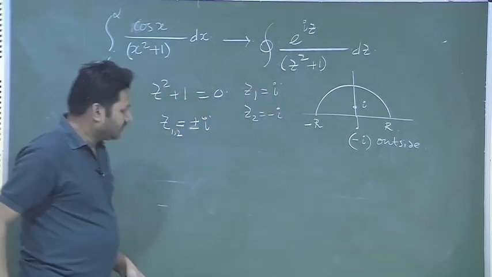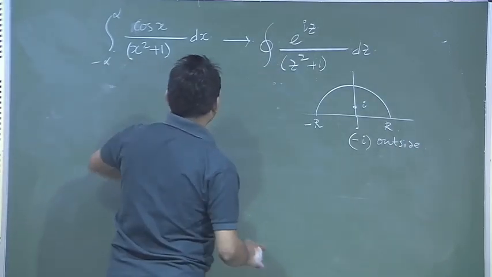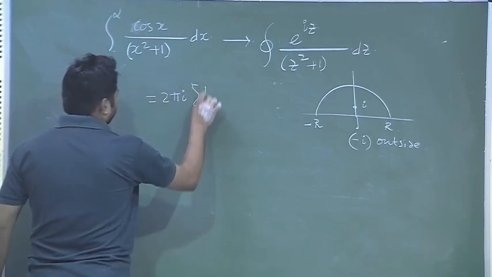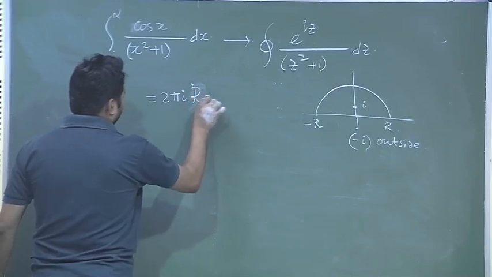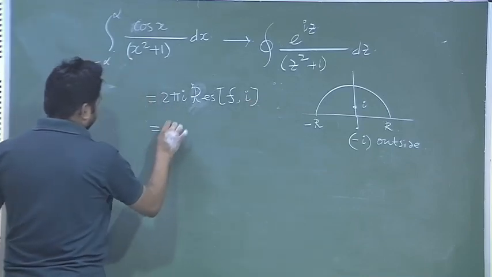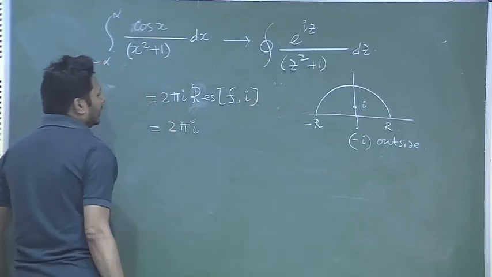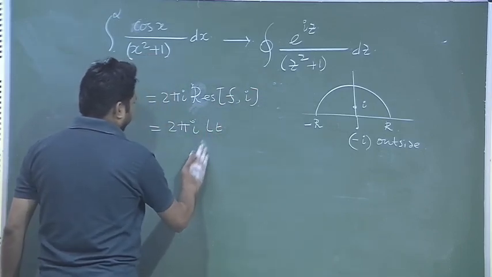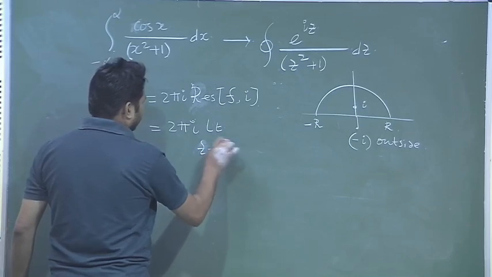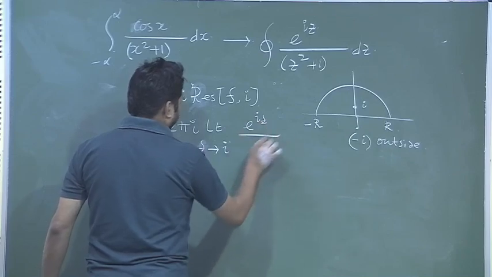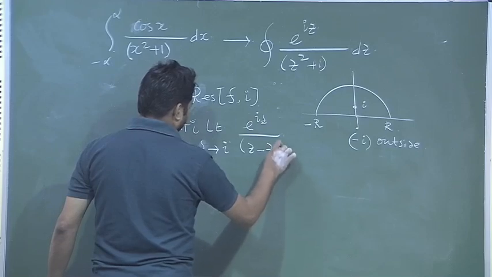So, the residue, what will be the value of this integration? The value of this integration is equal to 2 pi i times the summation of the residue of the function at the i point. So, that means 2 pi i, what is the residue, what is the function? So, limit z tends to i of e to the power of i z divided by z minus z2,